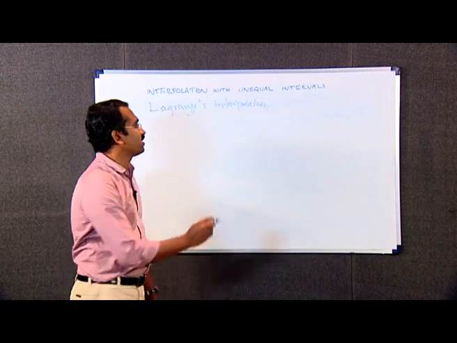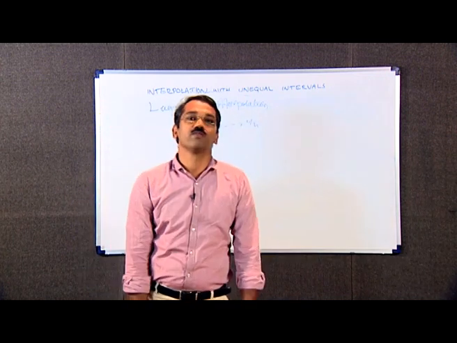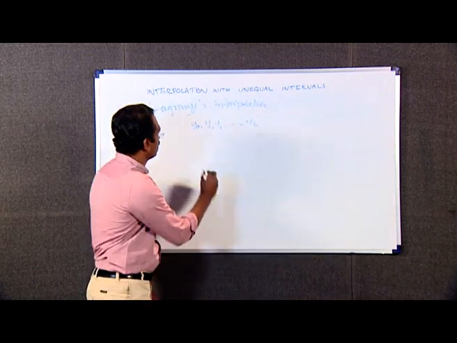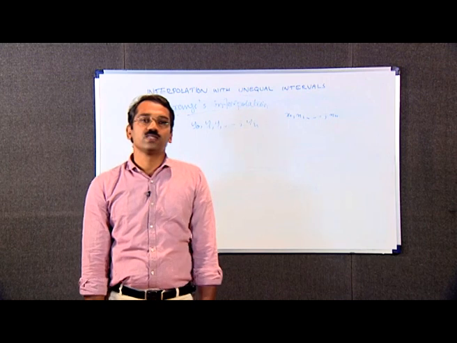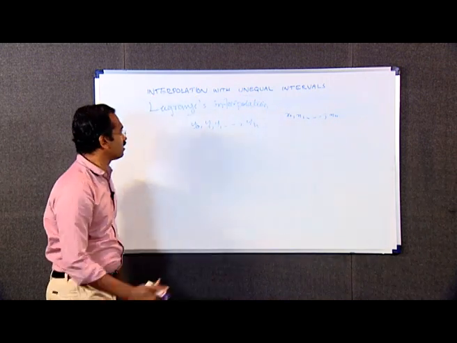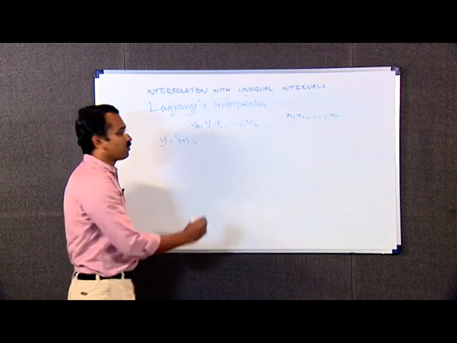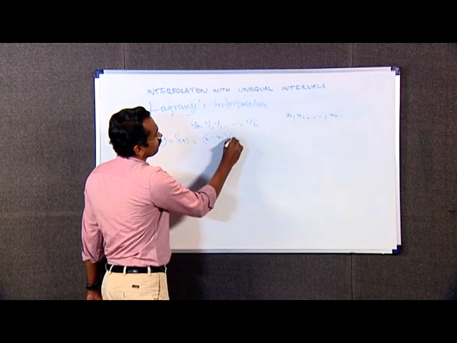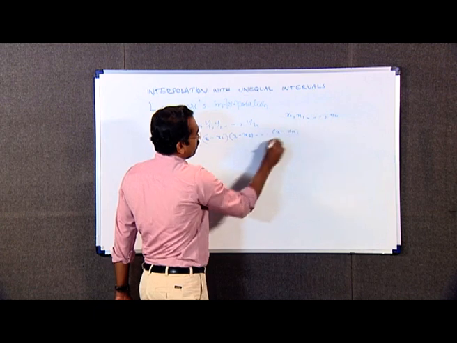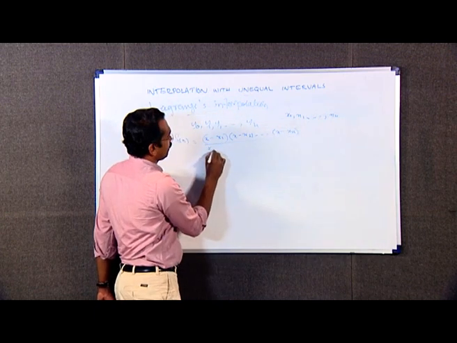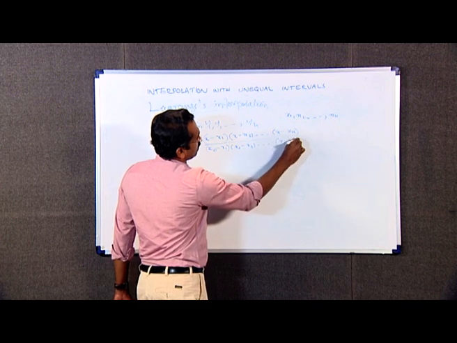If y naught, y1, etc., yn are n plus 1 values of a function y equal to f of x corresponding to the arguments x naught, x1, etc., xn, then the Lagrange's interpolation formula is given by y is equal to, y means f of x, which is equal to (x minus x1) into (x minus x2), etc., into (x minus xn), all divided by (x naught minus x1) into (x naught minus x2) into, etc., (x naught minus xn) into y naught,